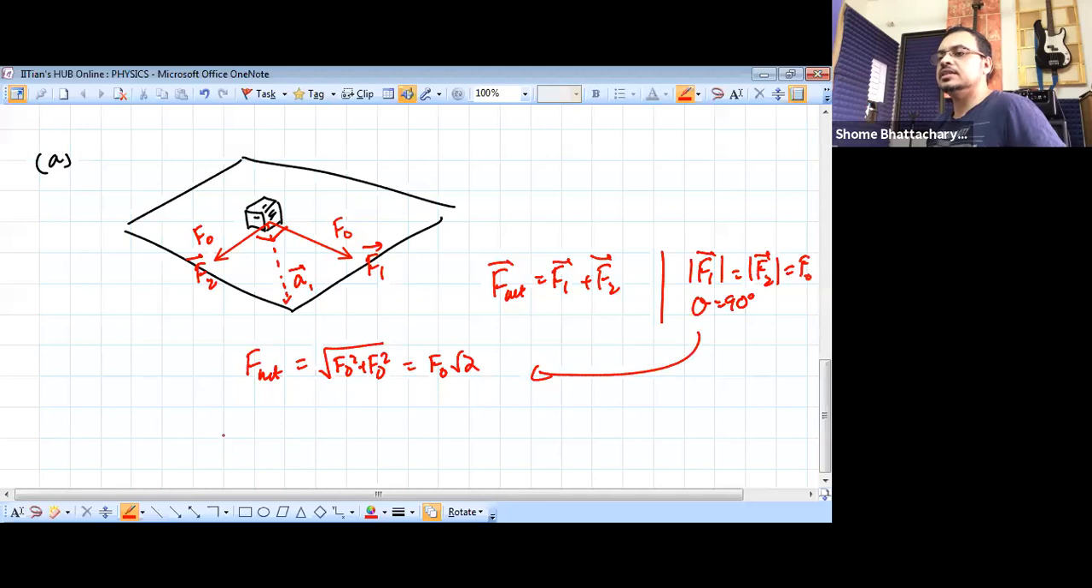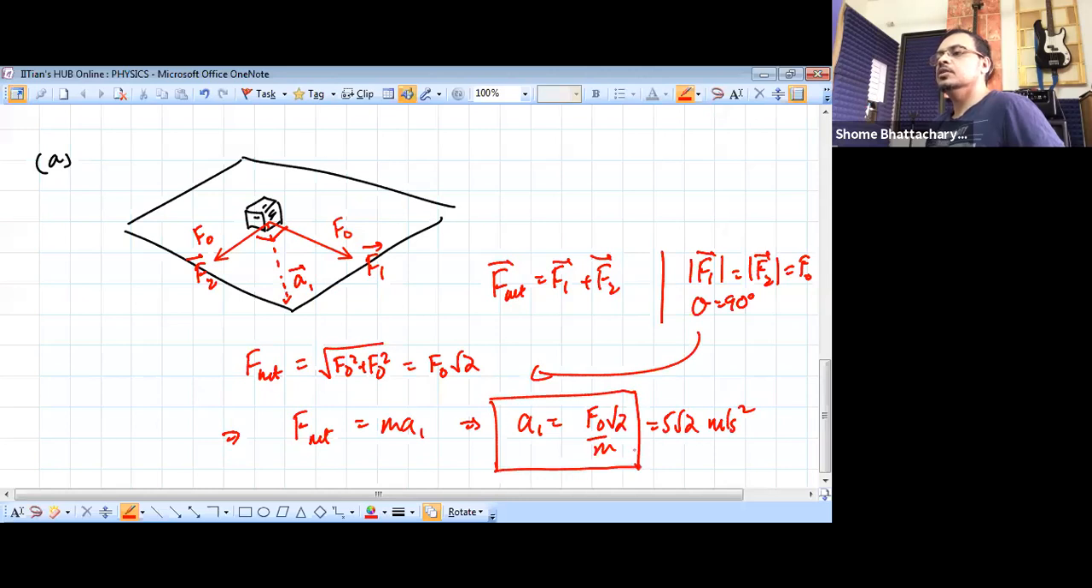Let's say this time the acceleration is a1. So this net force should be equal to mass into a1. So the acceleration in this case should come out to be F naught root 2 by m. That will become 5 root 2 meters per second square. Using equation 1, we would see that F naught by m was 5. So now that just gets multiplied by